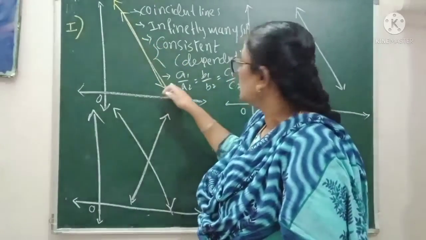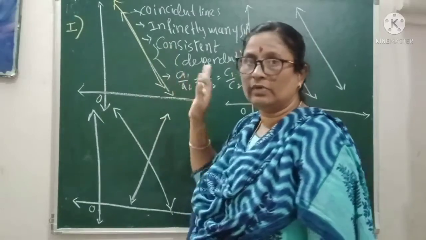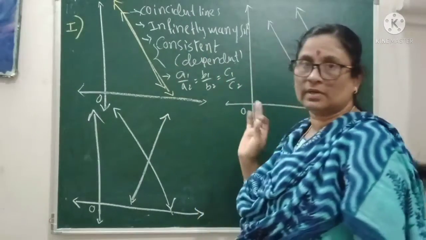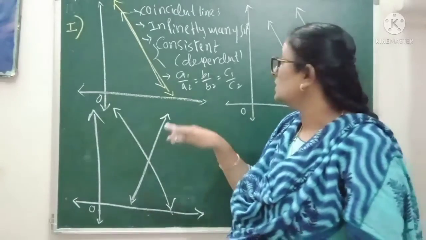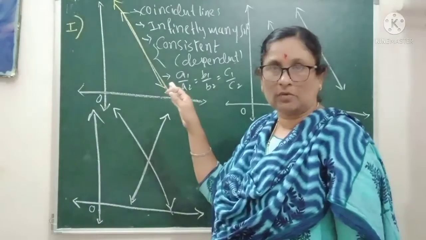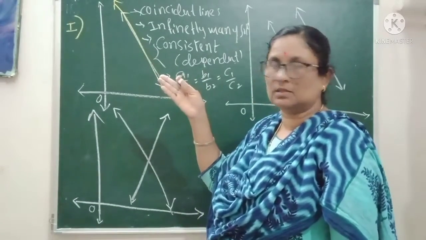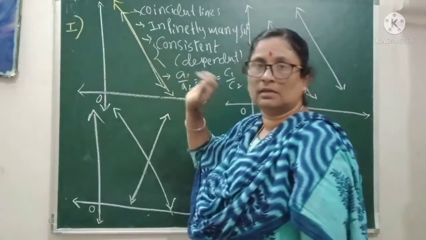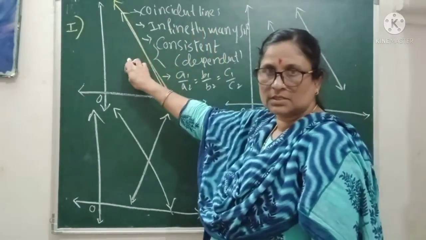If you have this, whatever questions they ask in linear equations will get clear with the help of this. Even after this, if you have any confusion, send your doubts in the comment box. I will try to clear your doubts. You can communicate with me through the comments and clear all the doubts. So these are the coincident lines conditions.